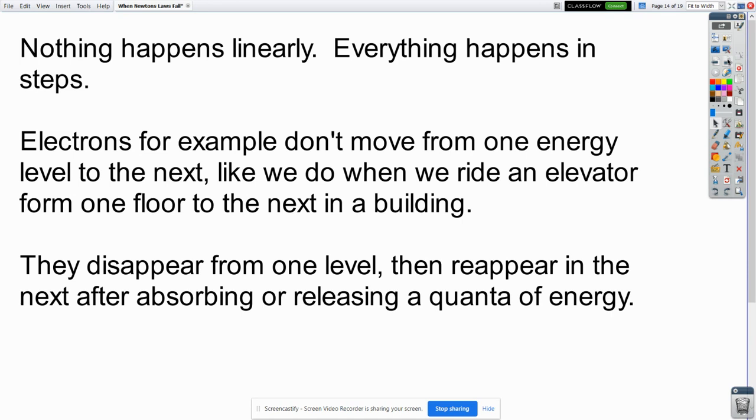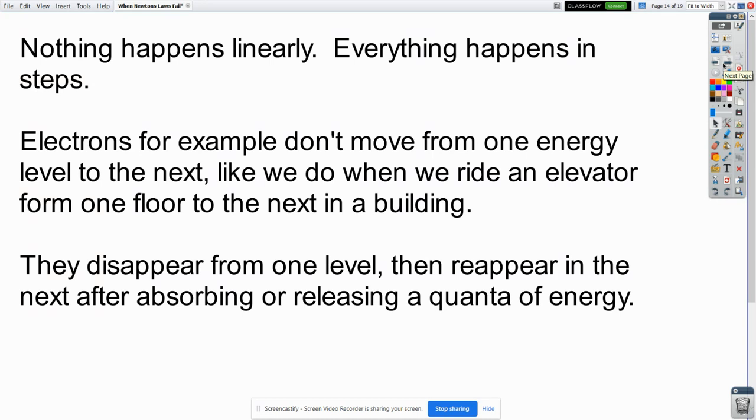And again, if this all sounds very familiar to you, that's because you took chemistry. This is the whole premise behind the Bohr model and how we moved from the planetary model towards the modern one, getting rid of the idea that the electron can be anywhere, to the idea that they have to exist within certain energy levels around the atom based on how much energy they have. There is nothing continuous there. It's just a bunch of steps.